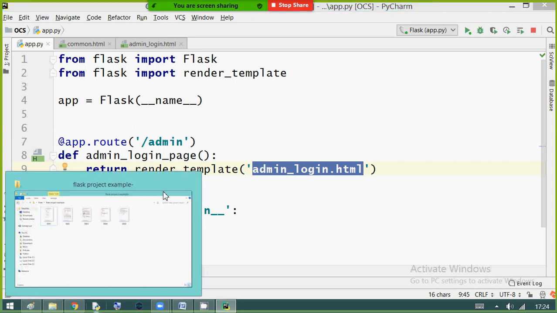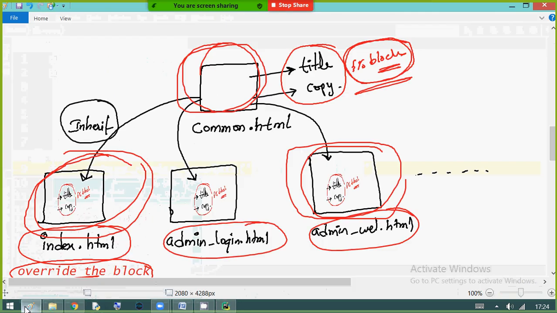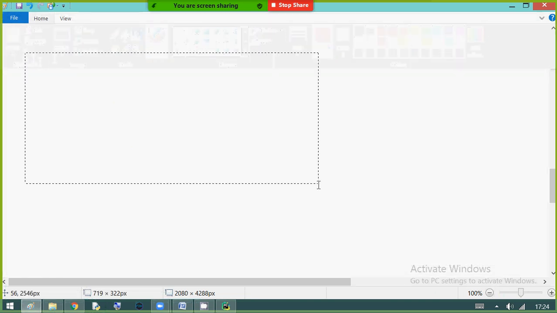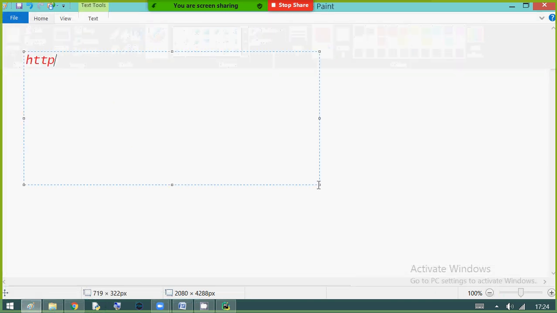In the browser you will type the URL, http://127.0.0.1:5000/admin.